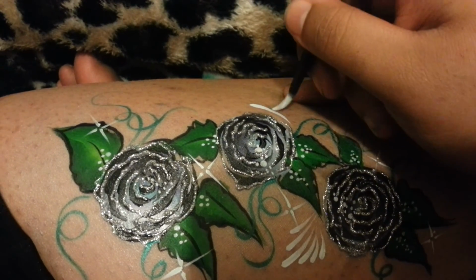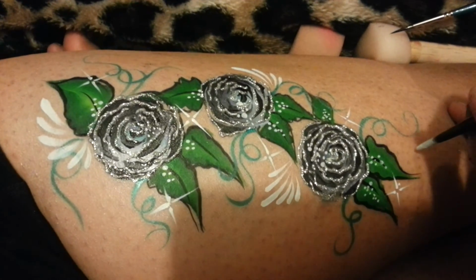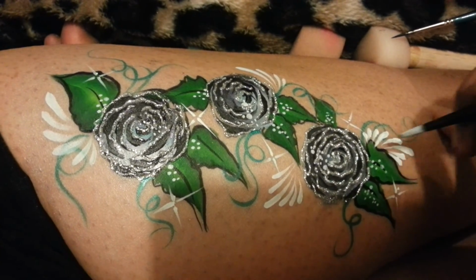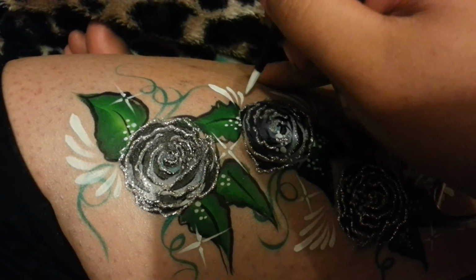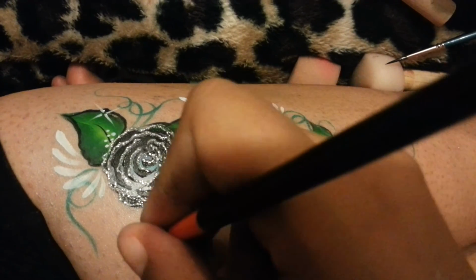I love adding teardrops to things like this because it just brightens up a little bit. Especially when you're using such a bold design. You just want something to be a little bit more bright and bring it out a little bit more. And you can do this sort of thing going around the eye. Yeah, it can just be your eye design, what you can offer as an eye design. I'll just do